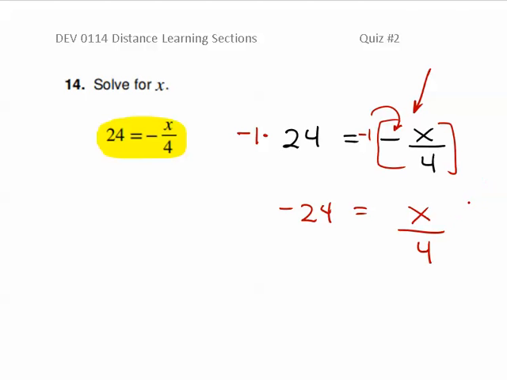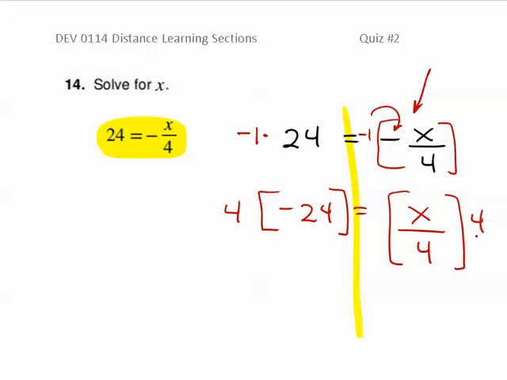So if you ask yourself at this time, what is being done on the right-hand side to that x? And hopefully the answer is we are dividing it by 4. So what we have to do now is get rid of division by 4. So the opposite of dividing by 4 is multiplication by 4. So we want to multiply both sides